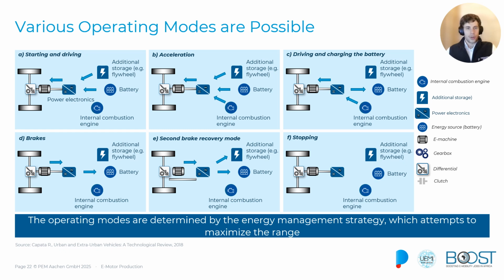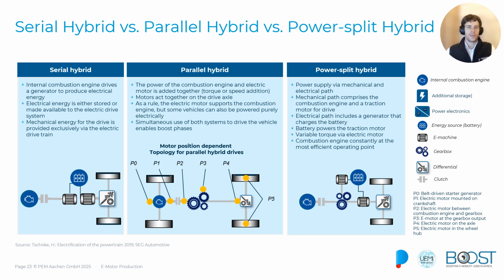So those are the different operating modes, and they are determined by the energy management strategy, which always attempts to maximize the range of our electric vehicle. Anyways, we have different ways to use the internal combustion engine and the electric motor in hybrid applications. In a serial hybrid application,